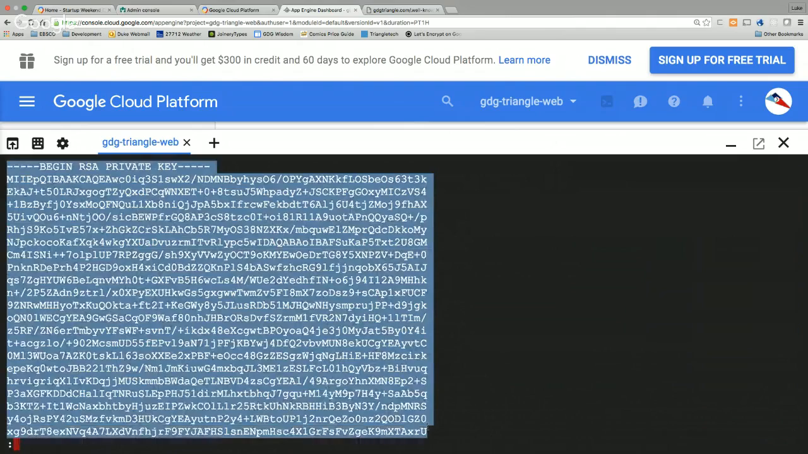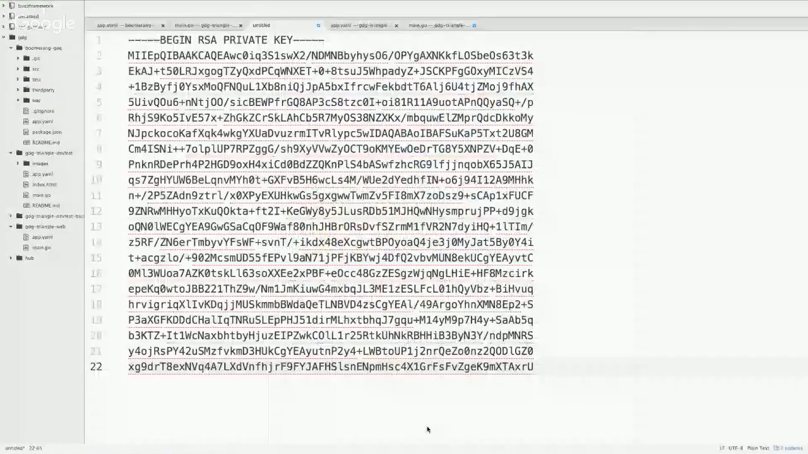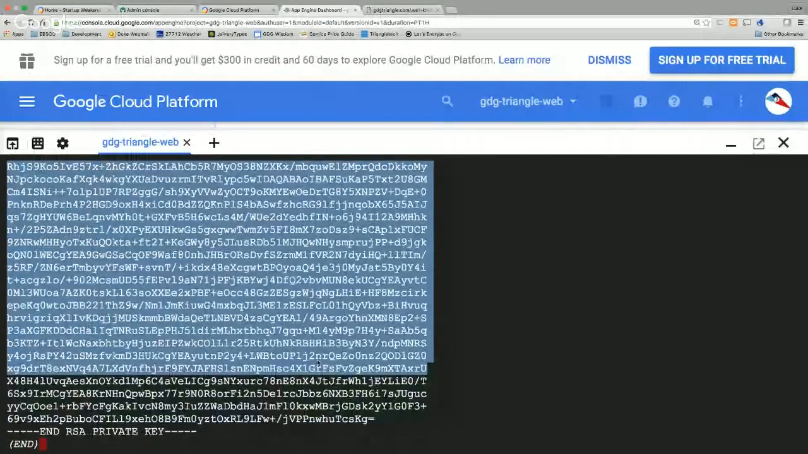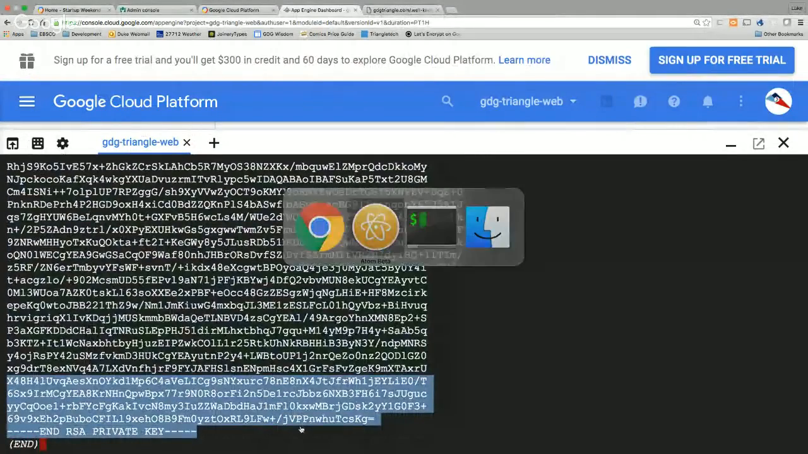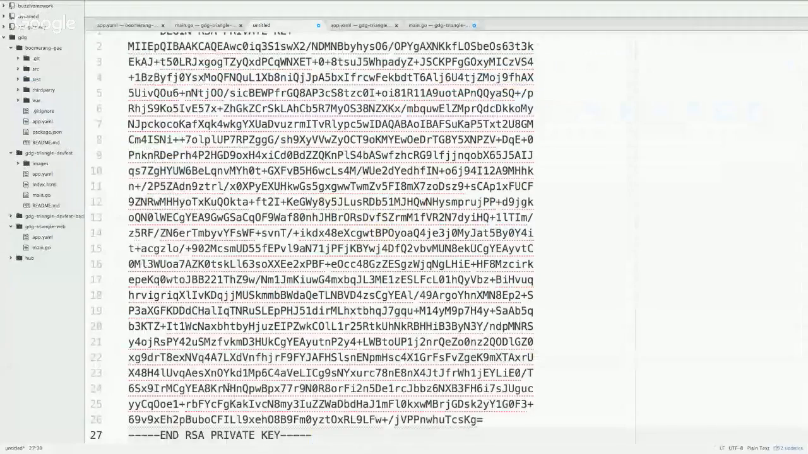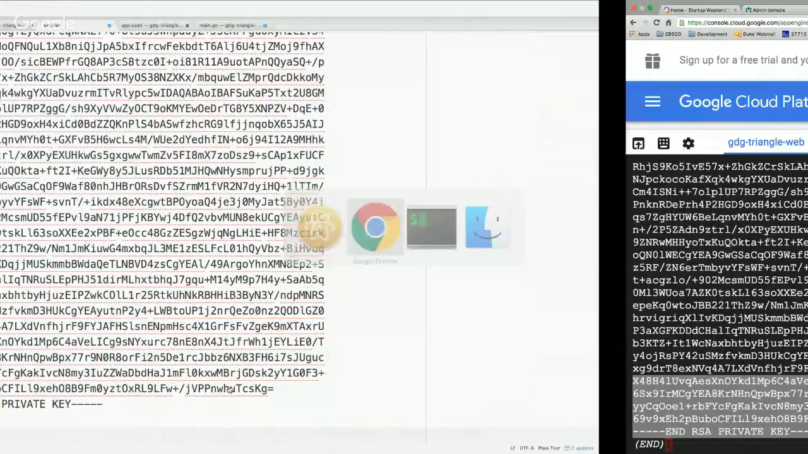But essentially, I take this and I dump it into a text editor just to make sure I get it right. Okay. And if you're not familiar with SSL certs, you do need the start and end text, or it won't work right. So there's my private key, and then you'll also need